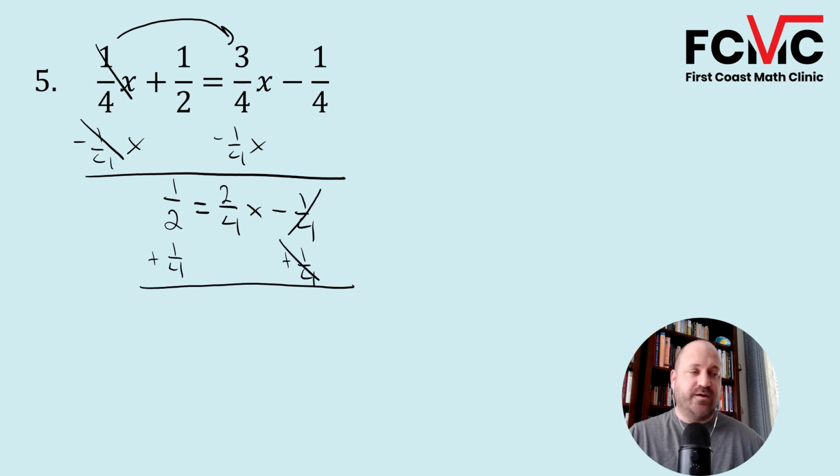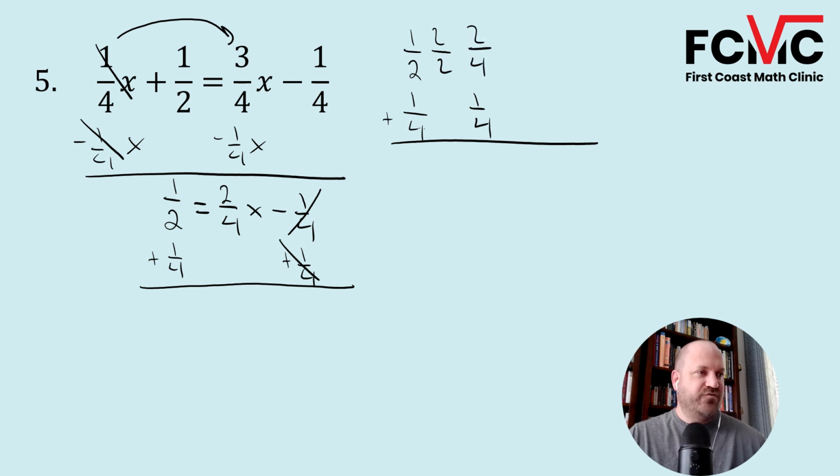1/4 cancels out on the right. So now I've got 1/2 plus 1/4. So let's do that up here. 1/2 plus 1/4. Common denominator is going to be 4. So I can keep that 1 over 4. I'm going to multiply this by 2 over 2. So this becomes 2/4. And when we add this up, we're going to get 3/4. So we get 3/4